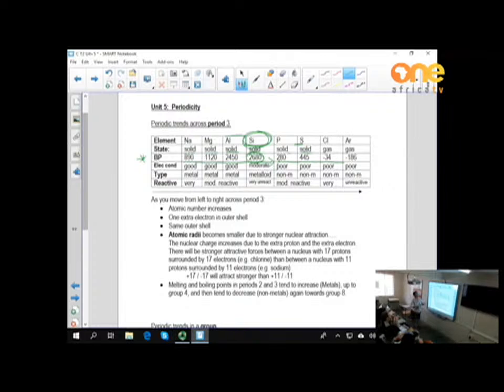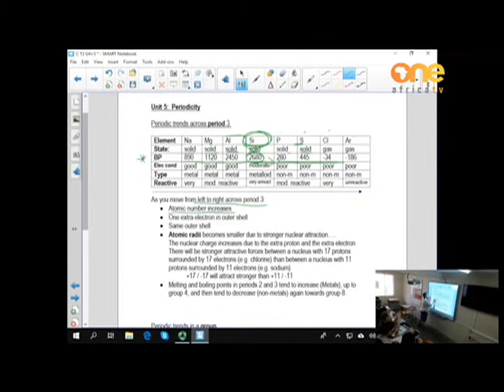Alright. And then we could say when it switches to non-metals, phosphorus, sulfur, chlorine, we find that there is a decrease in the boiling point. And that's because it's a gas at room temperature, no? Chlorine is also a gas at room temperature. So they tell us, as we move from left to right across period 3, what happens? We have metals. Silicon, which lies on the step, we call them metalloids, and then we get non-metals, okay? They say the